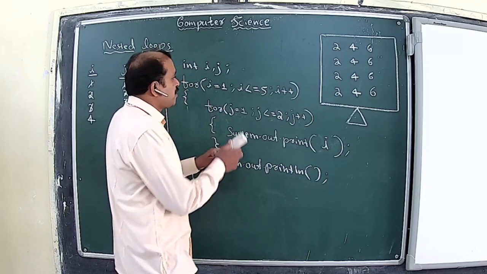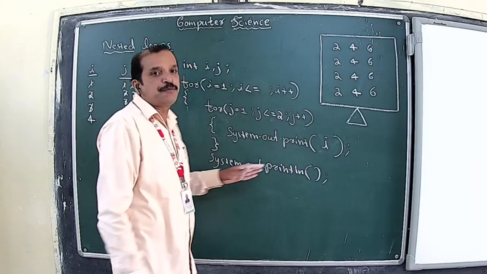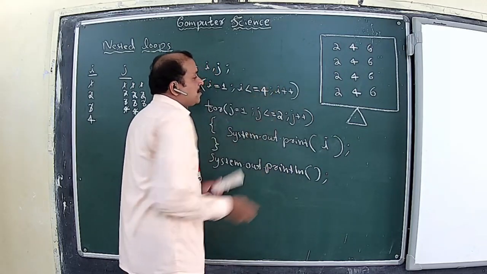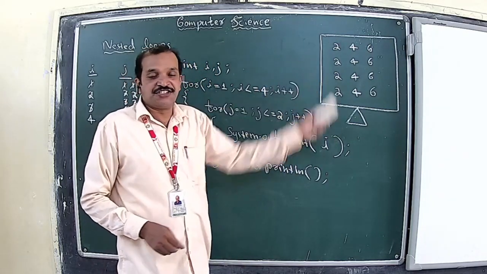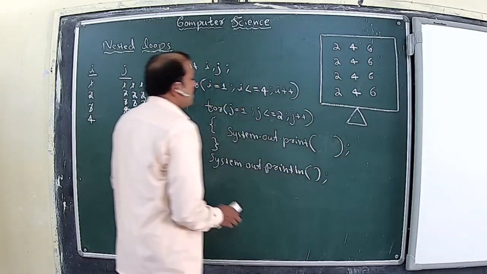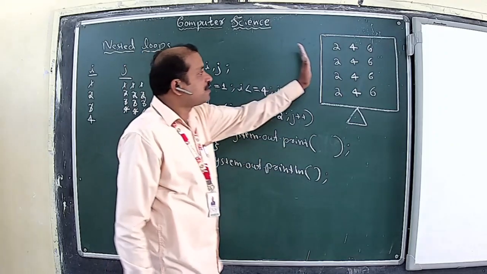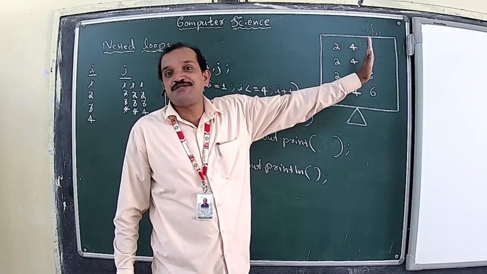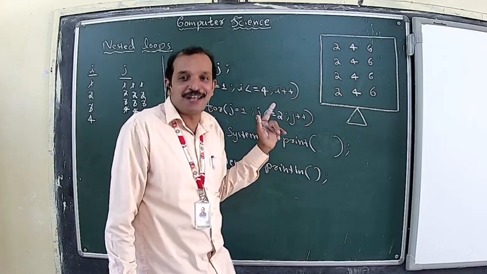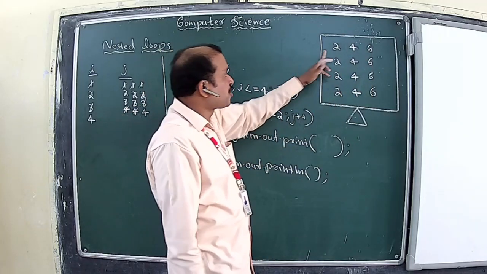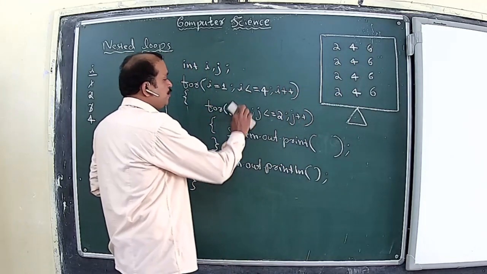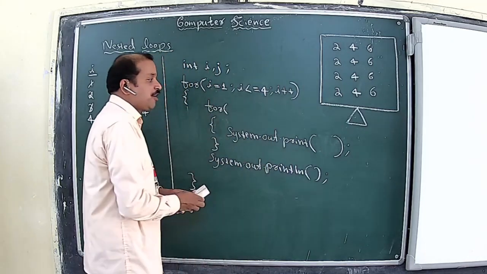The outer loop should iterate 4 times, but the value of the outer loop variable doesn't matter, because the inner loop variable is going to be printed, since the column values are being printed here. And therefore, j, the inner loop, should iterate 3 times, but it is not going to be from 1 to 3, but the values of the inner loop control variable must iterate through 2, 4, and 6. So definitely there are going to be some changes as part of the inner loop.